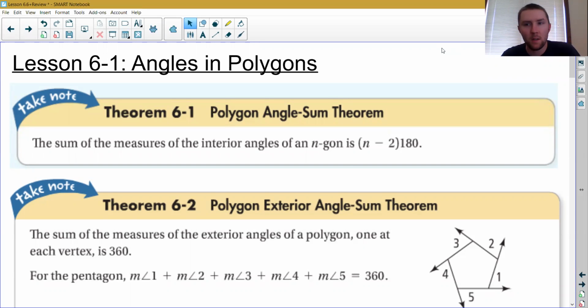This is going to be pretty much just a place for me to go over all the different things that we talked about in Chapter 6 before we have to take our test on Wednesday. So I'm just going to go through each section that we covered and sort of what we dealt with. This is going to be a place where you can see all of your theorems and properties and things like that. And obviously you have some review problems to be working on today as well, and that will help you to apply these different things.